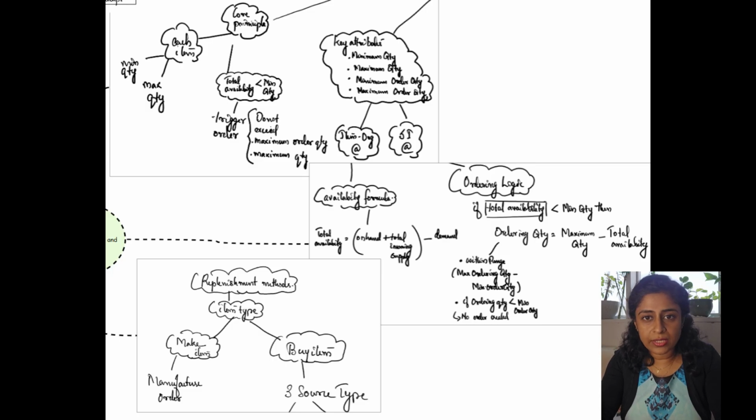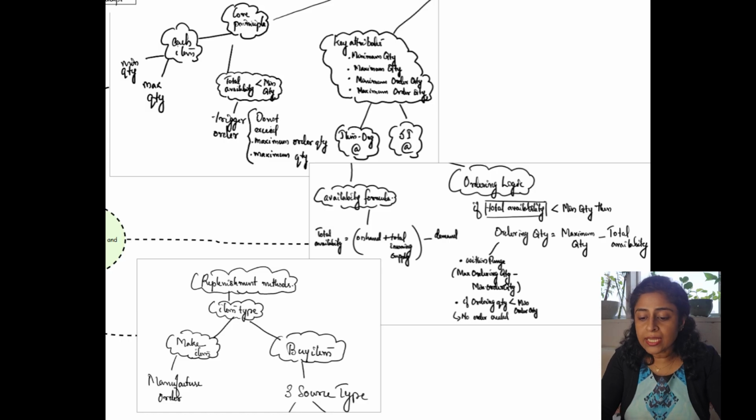Min-max planning works on a simple rule. Every item has a minimum and a maximum quantity. When total availability of the stock falls below the minimum, the system triggers a replenishment request to restore the stock levels without exceeding the maximum order quantity. For instance, if the minimum is set at 500 quantity and the availability dips below it, an order is automatically generated. Key attributes such as minimum and maximum quantities along with the order constraints ensure the replenishment is controlled and